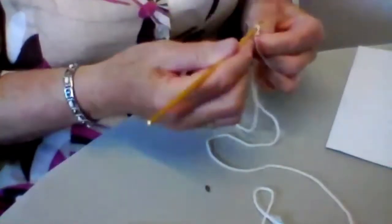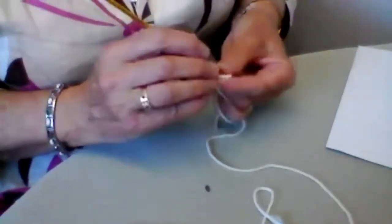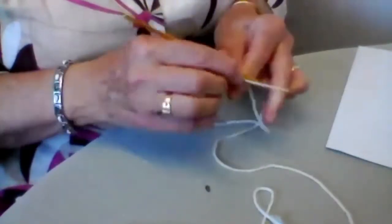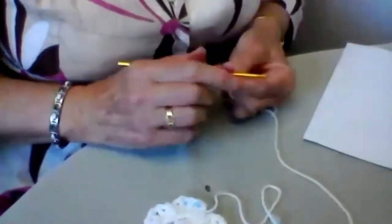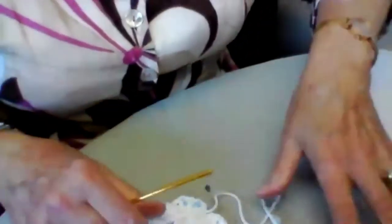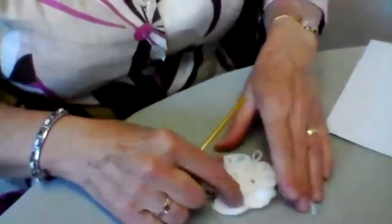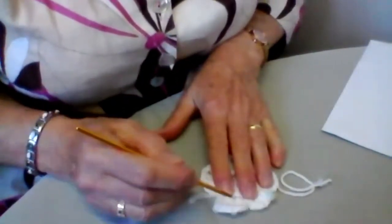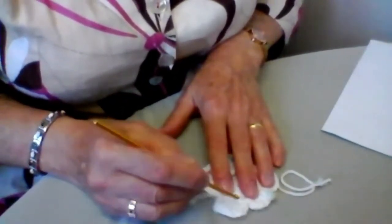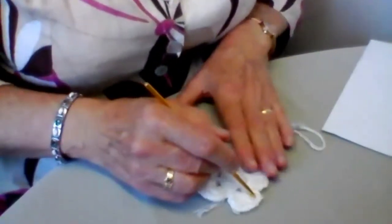Right. Have you managed to do this one? No. You've got your half trebles in your circle. So once you get the pattern, it's actually quite easy. Right. Then after you've done your 1, 2, 3, 4, your 5 petals, can you see mine? Your double trebles are a wee bit longer. Can you see that? A wee bit longer. Then we're going to get round about with these nice wee